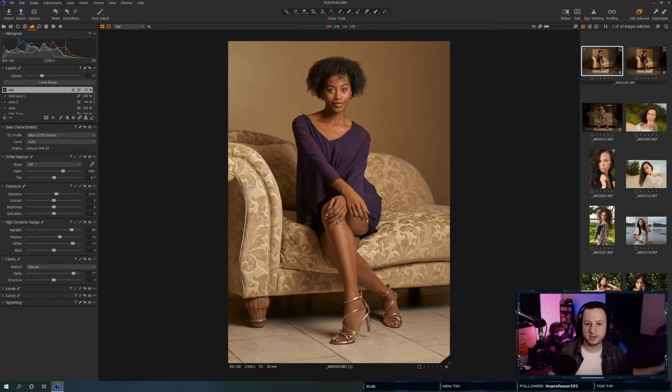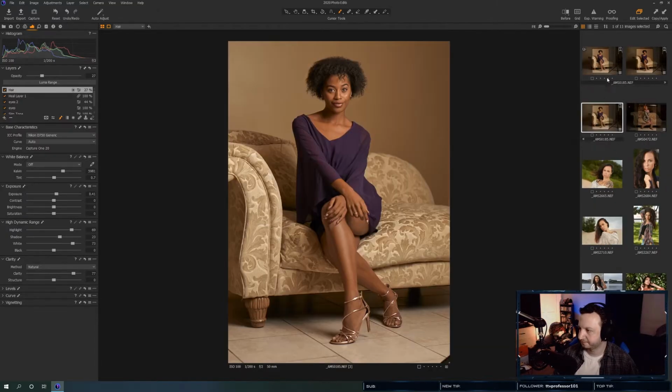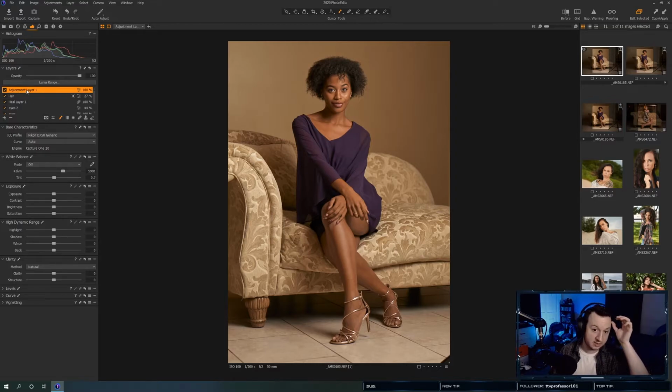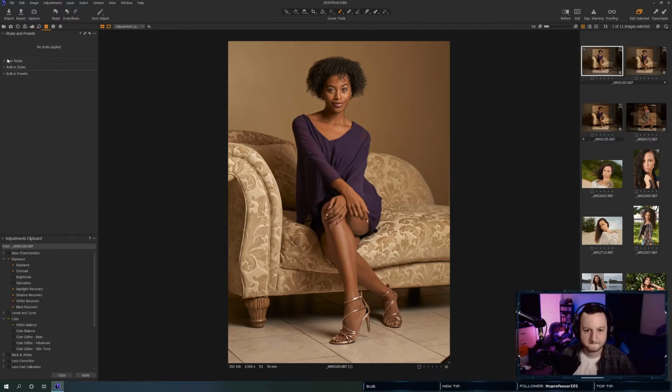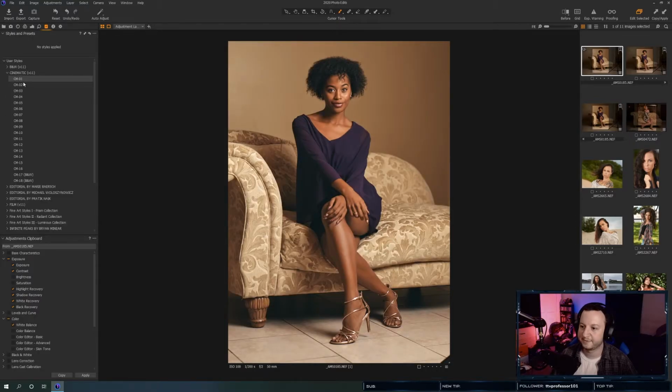All right, so let's go into our color. I want to keep this so we have a couple of different stages to look at, so I'm going to create another clone variant. Let's push that one there. All right, so now we'll start doing some coloring. Now in Capture One, I use layers for everything just so I can always go back or reduce the amount. So what we are going to do here is, do I have some presets installed? I do. Let's just see what a couple of presets look like. I love presets.